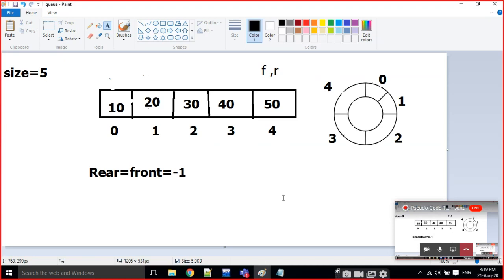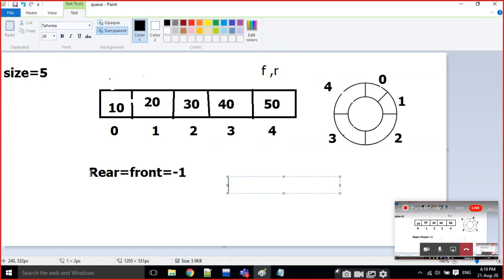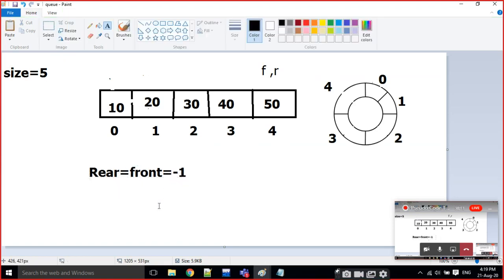If I am going to delete at this time, I am going to reset the rear and the front equal to -1. First of all, we are going to check when the DQ is called whether the queue is empty with this condition. If rear is equal to -1 and front both are at -1, the queue is empty.